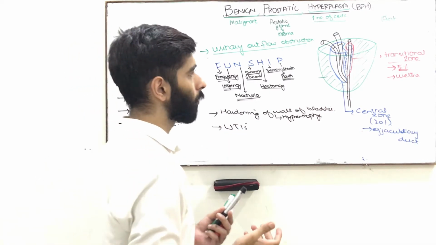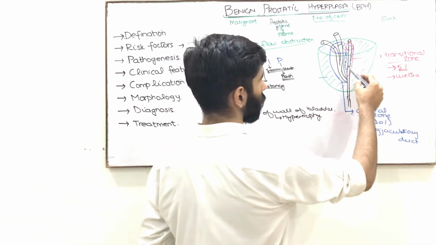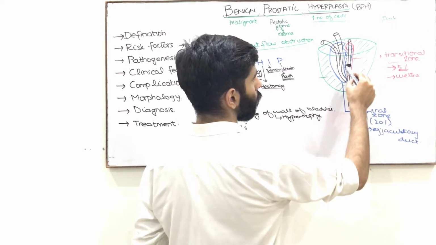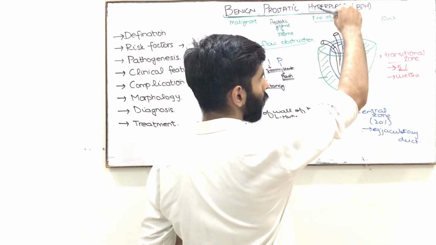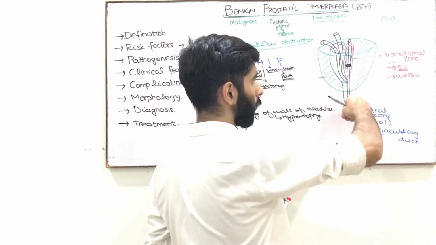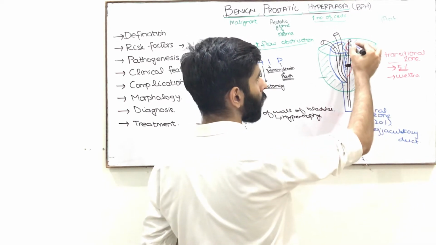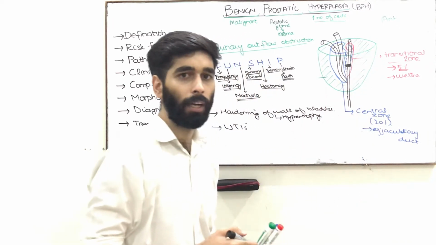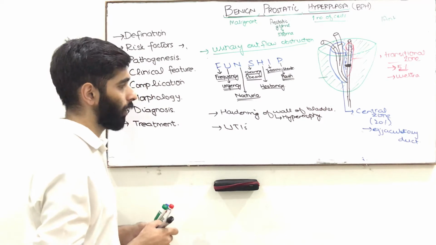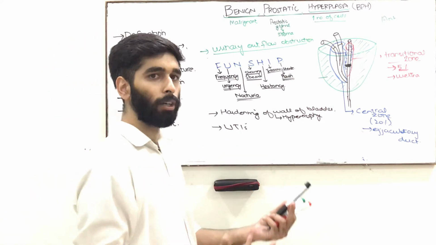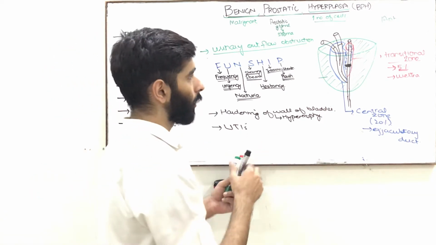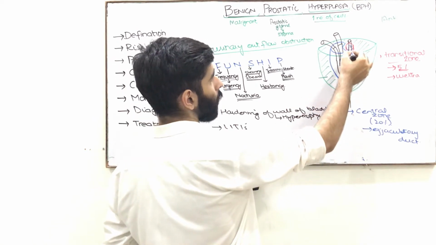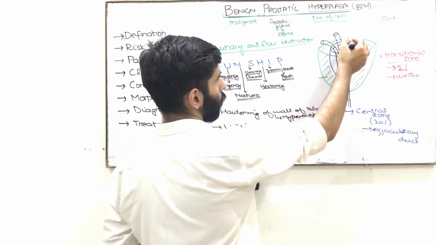This is the basic principle that whenever our tube is obstructed, just imagine that there is a hyperplastic nodule which causes the obstruction of the urethra here. So the urine outflow is obstructed, because of which the bacteria begin to accumulate here and begin to proliferate and are responsible for causing urinary tract infections. So whenever a tube is obstructed, there will be infection. So if the tube is obstructed here, there will be infection proximal to it.